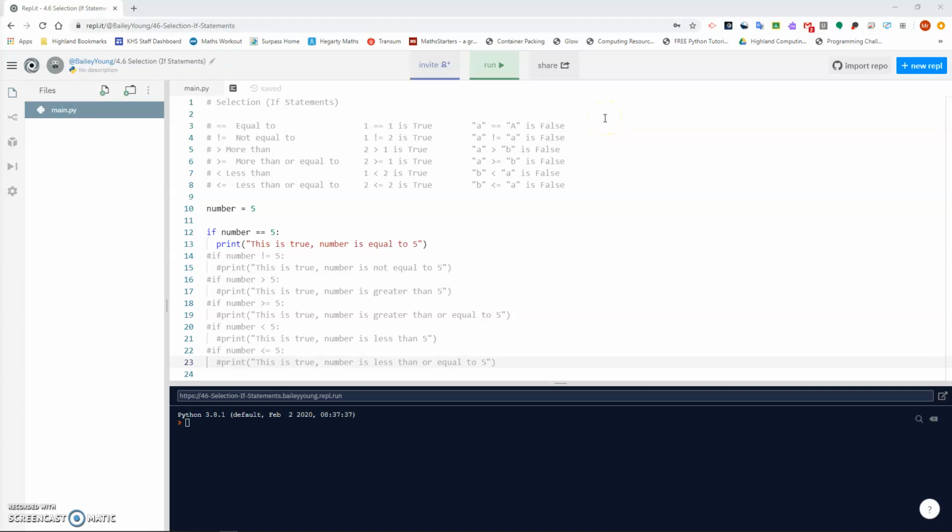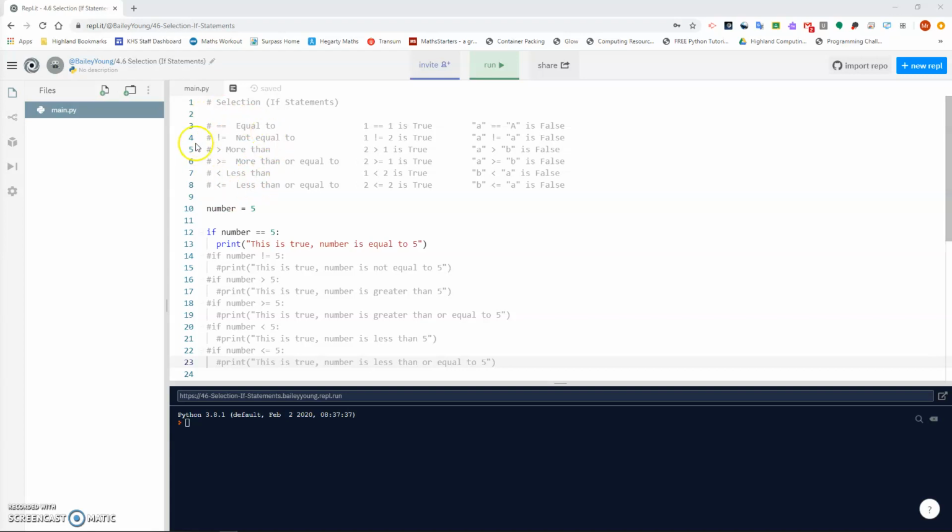So this lesson is our introduction to selection, and in particular the if statements. Now, programming is really powerful at being able to decide what to do based on a set of conditions, and it can branch off into different ways. To do that, we need to have an understanding of the operators which we can use, which are these ones